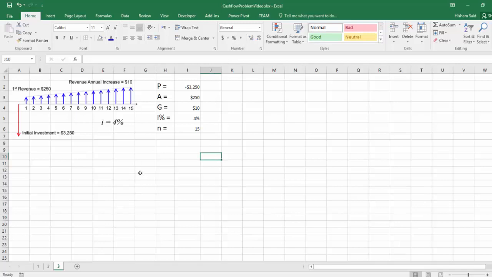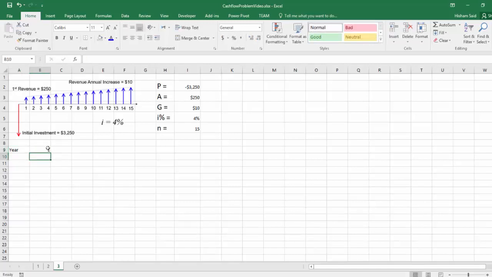In some complex cash flows, A and G can have different N. Usually A and G have the same N if they are attached or complete the whole picture together, like A starts and then increases over the years. But sometimes a cash flow can have different ends for different parts of it. In this cash flow we have a simple case, with the same N for both A and G. And then you start analyzing the cash flow